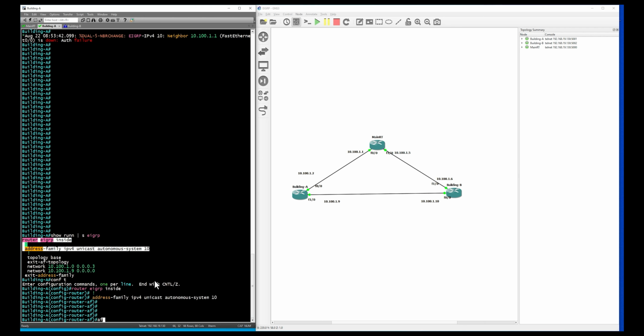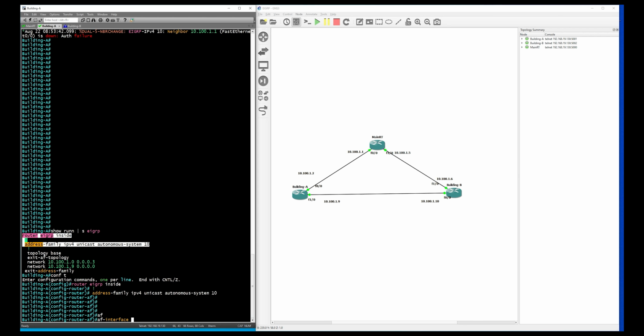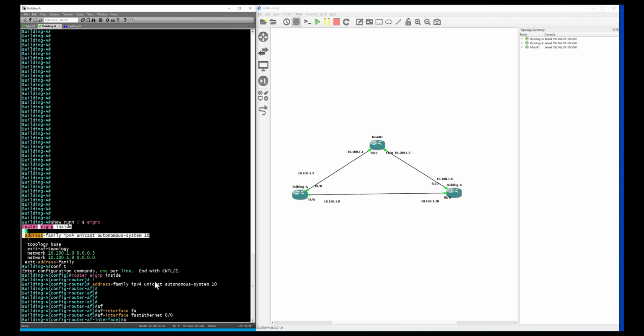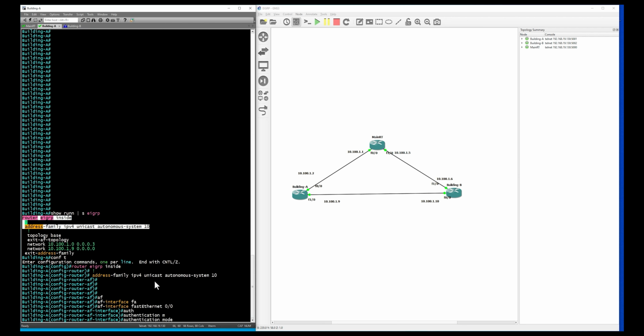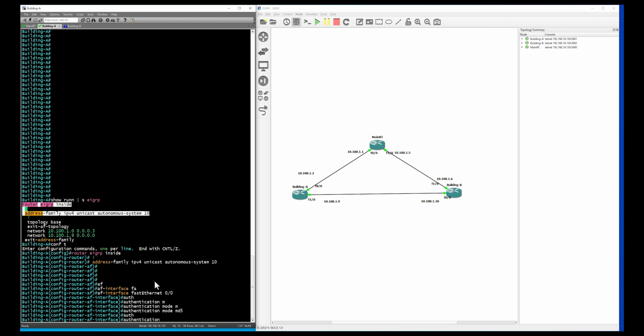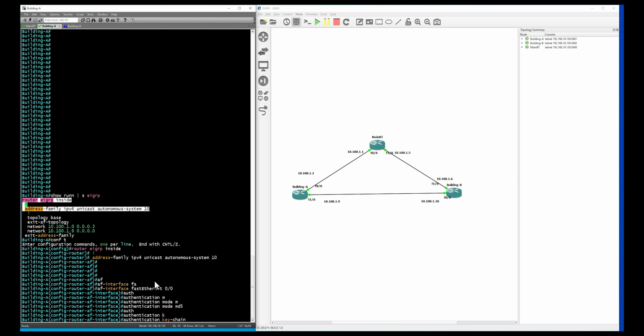I would like to configure our authentication on each interface. For example, first 0/0, authentication mode MD5 and authentication keychain TechPath,